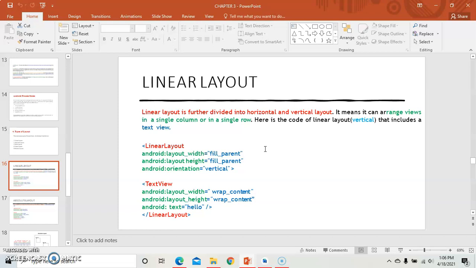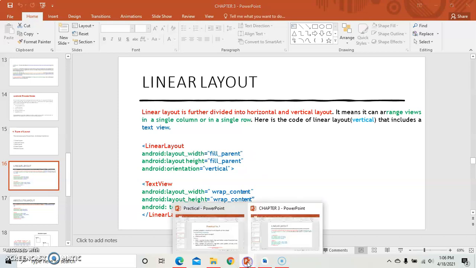Android text is equal to hello. So hello will be the name of the text box or text view. And then here linear layout tag is closed. So in the linear layout, we have placed one text view, that is UI control, and then linear layout tag is closed. Okay, so you can place many UI controls in that. So learn this syntax properly. So we will do the program of linear layout.